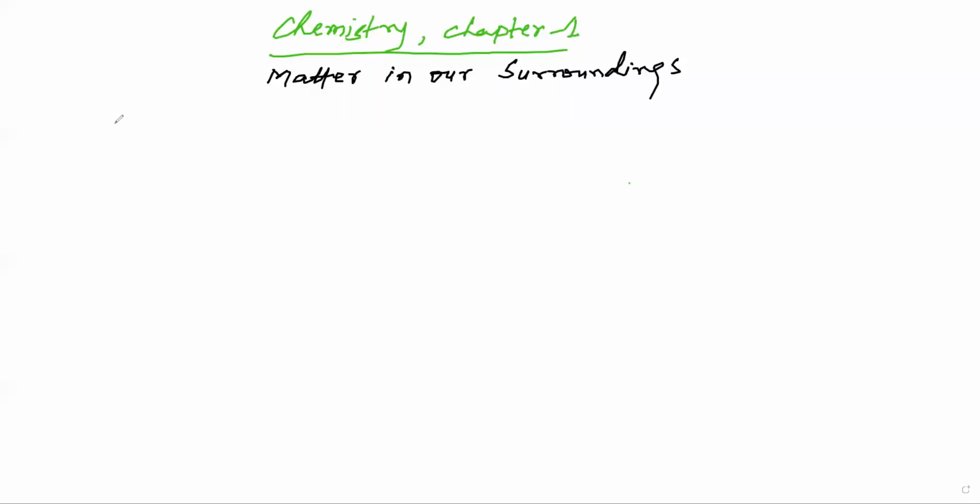Last day we studied what matter is, the definition of matter and the examples also. These are the topics we read in the last classes. How can we identify matter? It means which are matter and which are not matter. How can we identify?